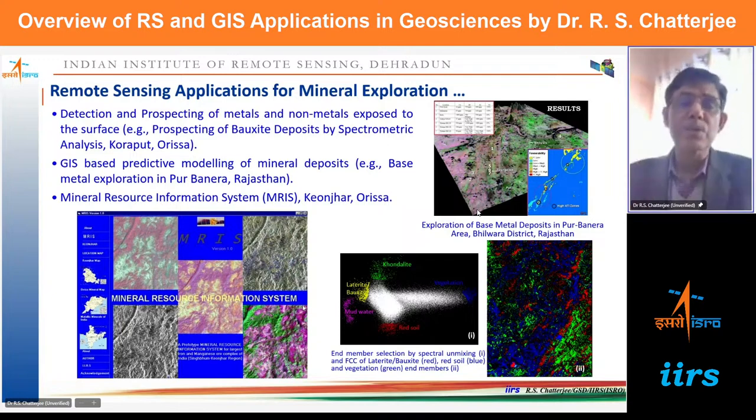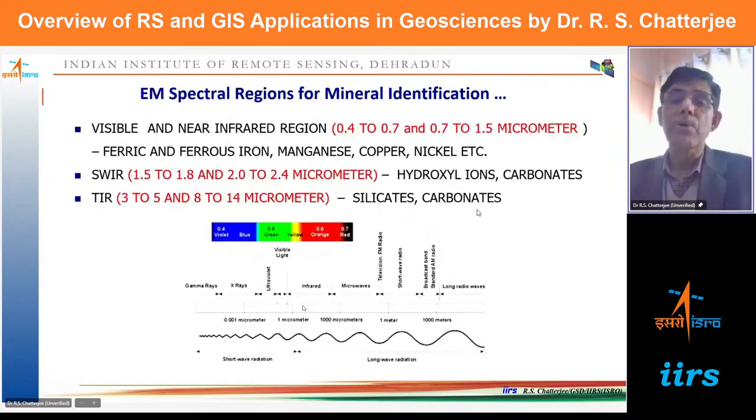This can be done in remote sensing and GIS-based techniques. Now, coming to the spectral regions, which spectral regions are important for mineral identification, for mineral exploration? In the visible and near infrared, for example, 0.4 to 0.7 micrometer, this is the visible range, and 0.7 to 1.5 micrometer, this is the near infrared range. Now, these two ranges are useful for ferric and ferrous iron, manganese, copper, and nickel